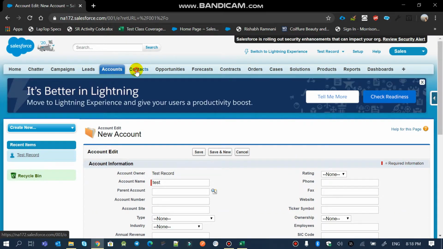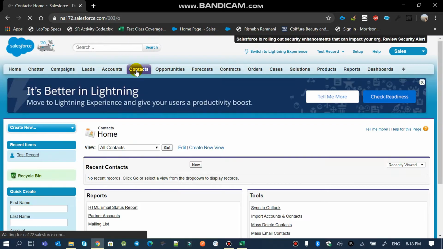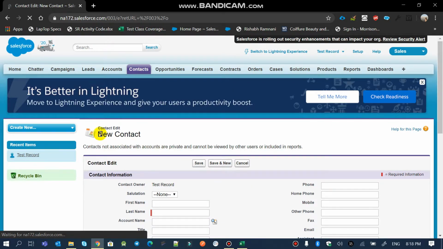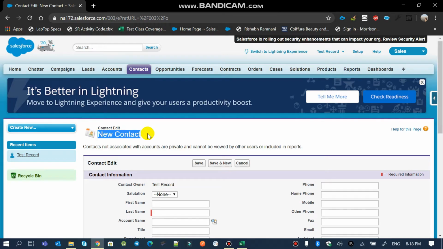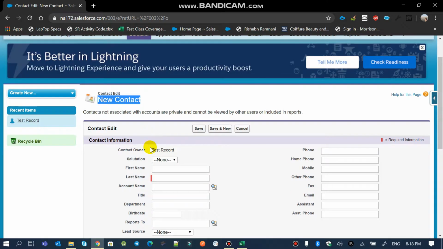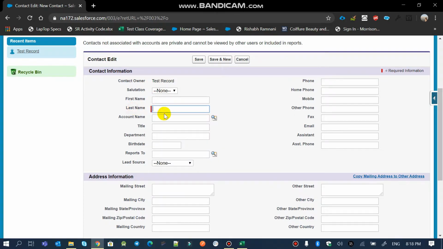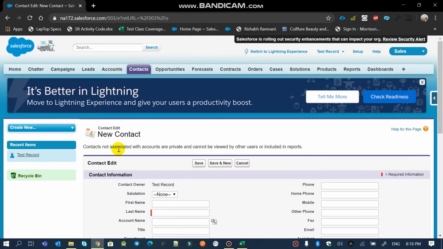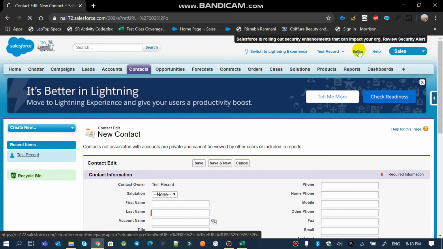If I click on contact, you can see I can click on new. That means the name of the object is contact, and the fields are first name, last name, account, title, department, etc. Now we are going to create a custom object. We have learned about standard objects. These standard tables are created by Salesforce by default, and we are going to create a new custom object. When we click on the setup button,